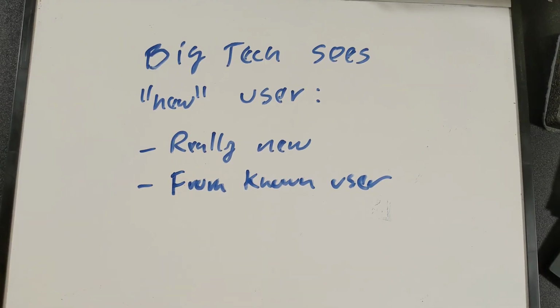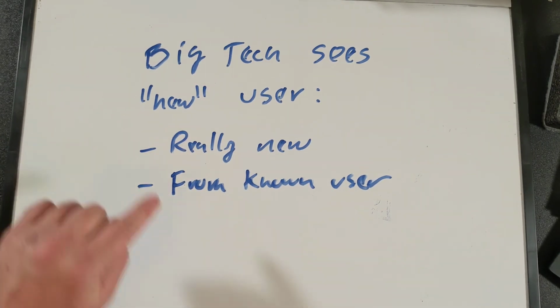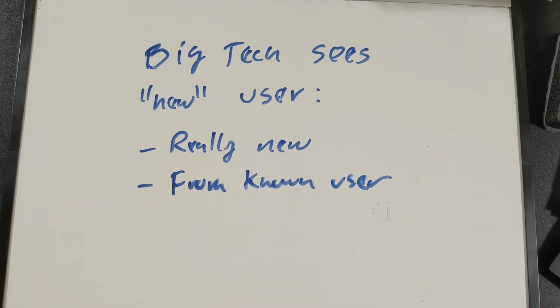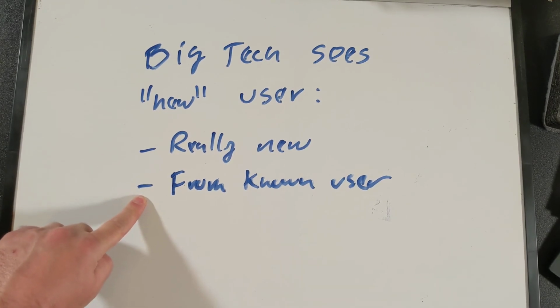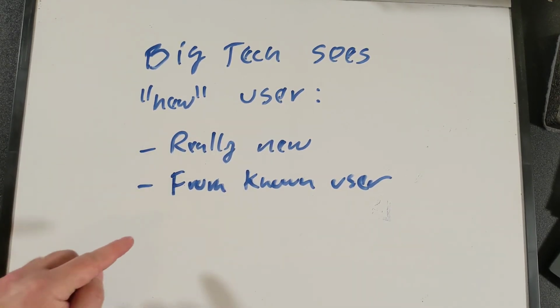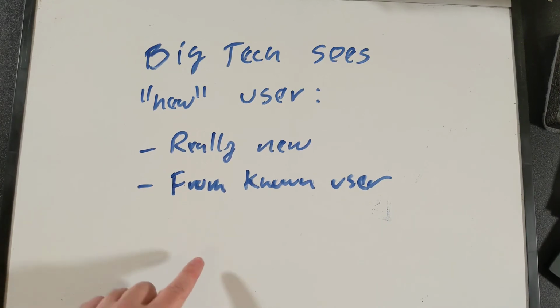All right. So when a big tech company like Google sees a request that they can't identify the user for, there's two possibilities. Either that user is really new, they've never seen them before, and in that case, that's great. They get to track someone they've never tracked before. Or this is from a user that they already know about, and they just haven't figured out who that is yet. And so what they're going to be doing is every time a new request comes in that they can link to that session, they're going to be trying to figure out if it can be linked back to any of the other sessions that they already have.